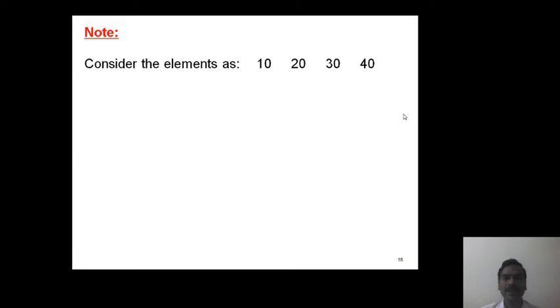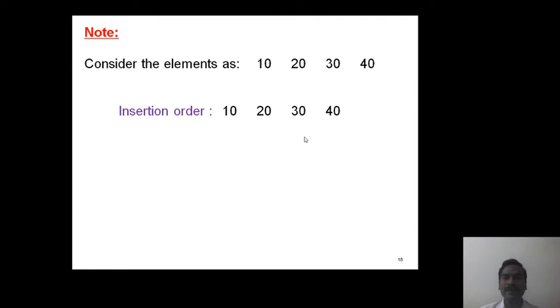When these elements are inserted into the stack, assume we follow the insertion order as 10, next element 20, next element 30 and next element 40. So here 40 is the topmost element of the stack.